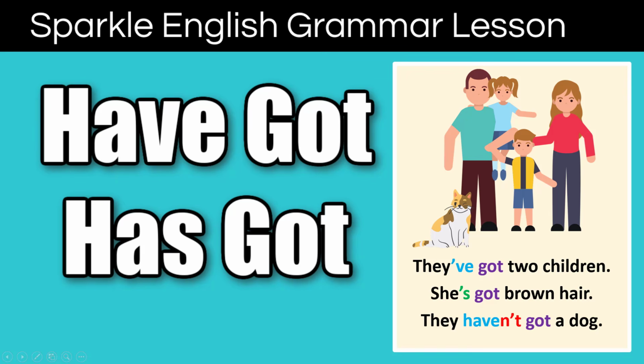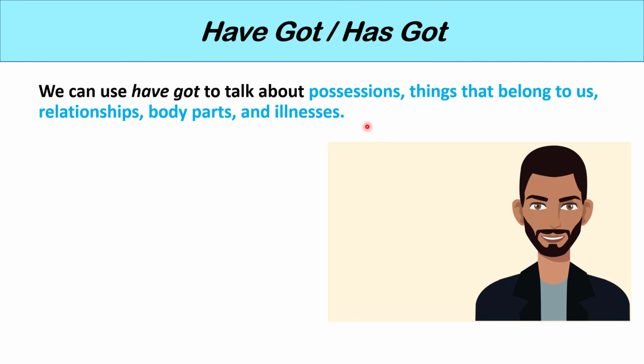In today's lesson, I'm going to teach you how to use have got and has got. This is very common, especially in British English. I'm also going to teach you how to conjugate have got and has got in the affirmative, negative, and interrogative forms. So we can use have got to talk about possessions, which are things that belong to us, relationships, body